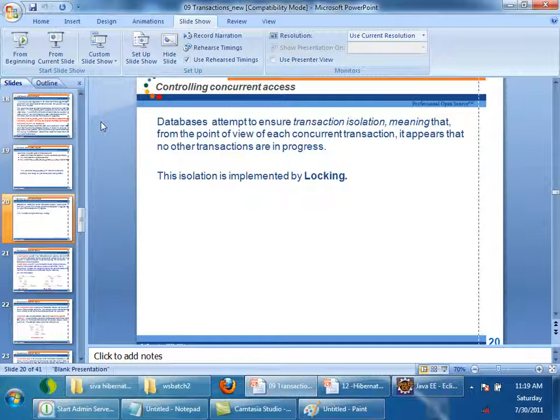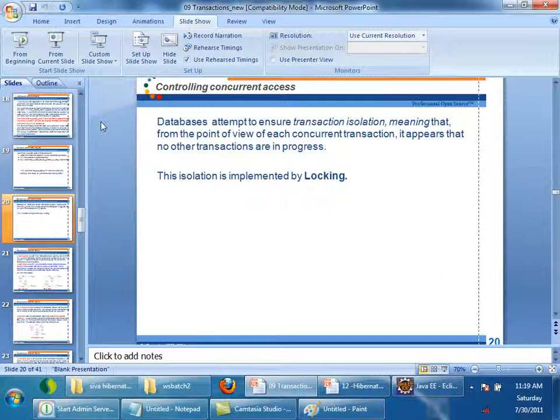Let's assume that there are two transactions, transaction 1 and transaction 2. Each transaction should feel as if it is the only one acting on that particular data. Even though two transactions are working on the same set of rows in the database, each transaction should feel that it is the only transaction working on that data.